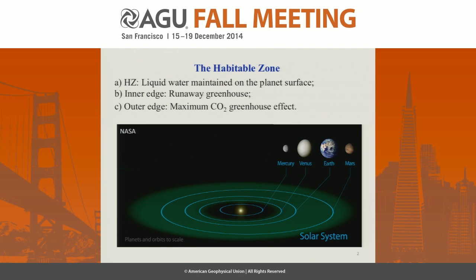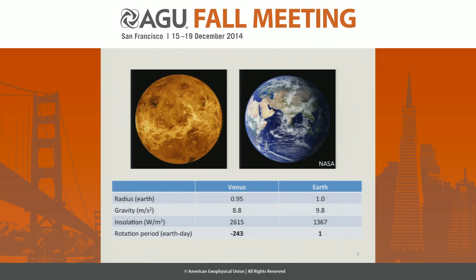This figure shows the habitable zone based on a 1D radiative transfer model. Based on this model, Earth is in the habitable zone and Venus is close to the inner edge of the habitable zone. We know that Venus has a similar radius and gravity to Earth, but their climate is quite different. The surface temperature of Venus is about 700 Kelvin, but our Earth is habitable. The solar flux of Venus is about twice that of our Earth. Another quite different